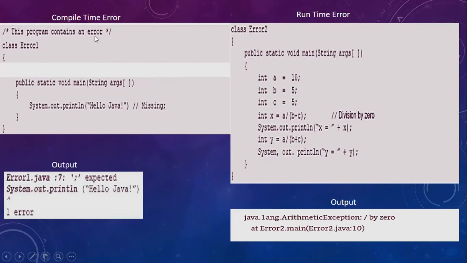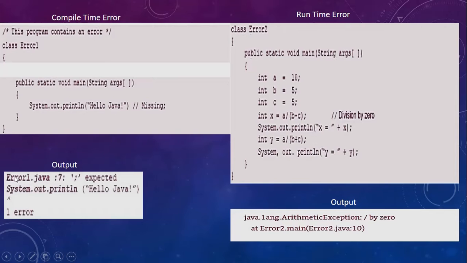Now just to show you the difference, this is a code which contains a compile time error. I have a class called error1 in which, in the public static void main, I am just printing a message, hello Java. However, I have forgotten to place a semicolon here. As a result, when you compile this program, you get this output: error1.java.